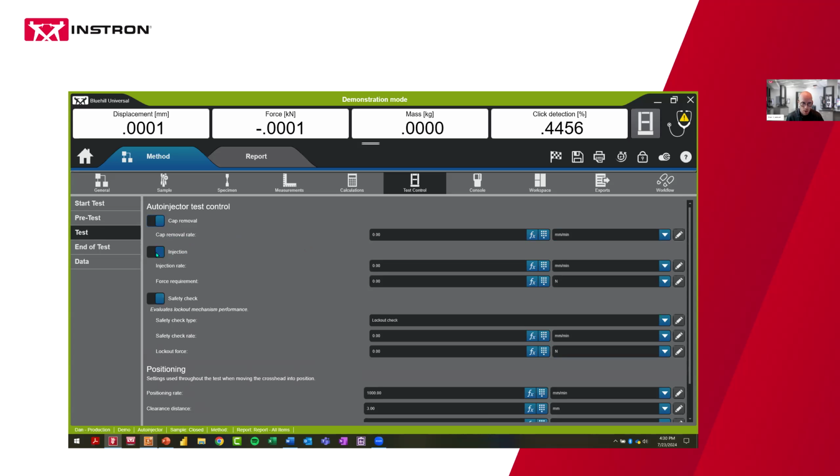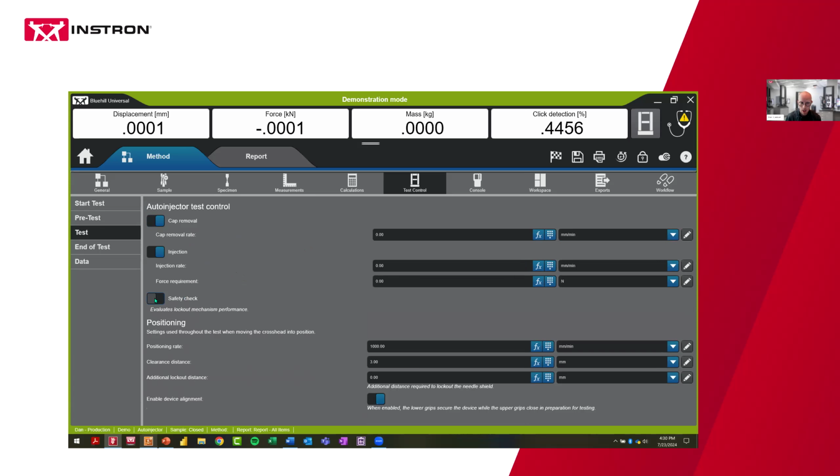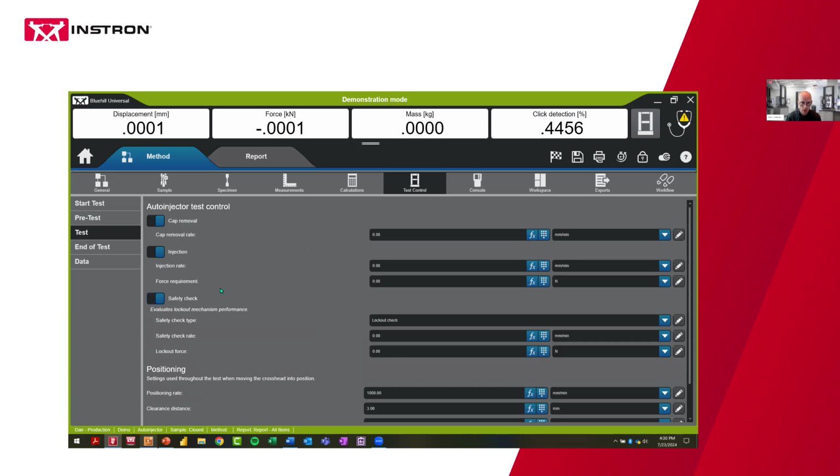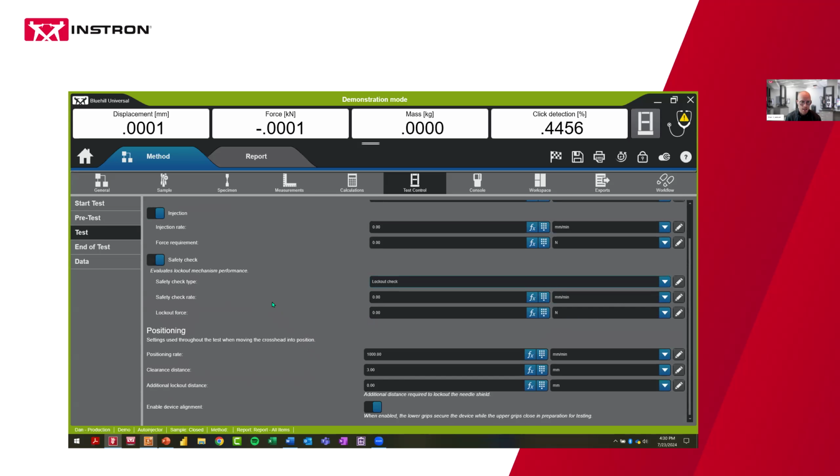All right, for the injection part of the test, how fast we want the crosshead to go, what's the force requirement for the device. Is there a safety check happening? So safety check lockout that happens post ejection. If that's the case, are we doing a lockout check or defeat force? Again, what's the rate of the crosshead during this? What is the force tolerance that's associated to the lockout? And then some positioning details associated to all the interstep movement of how quickly you want the machine to be moving, if there's any sort of clearance that you want to put into those